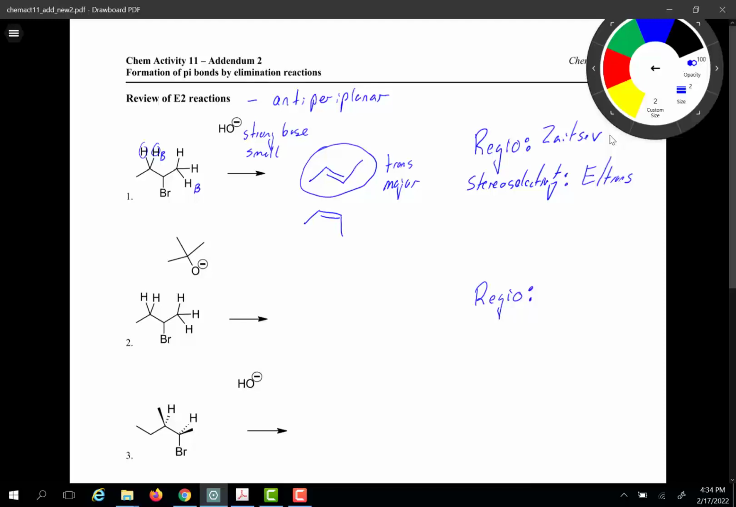In the next case, you can see that I'm using the same substrate, but now I have a strong base. But what's characteristic about this strong base is that it's big and bulky. Being big and bulky means that instead of favoring the Zaitsev product, we will favor or have a regioselectivity of the Hofmann product. This is a kinetic effect and applies to E2 reactions because the big, strong, bulky base is involved in that